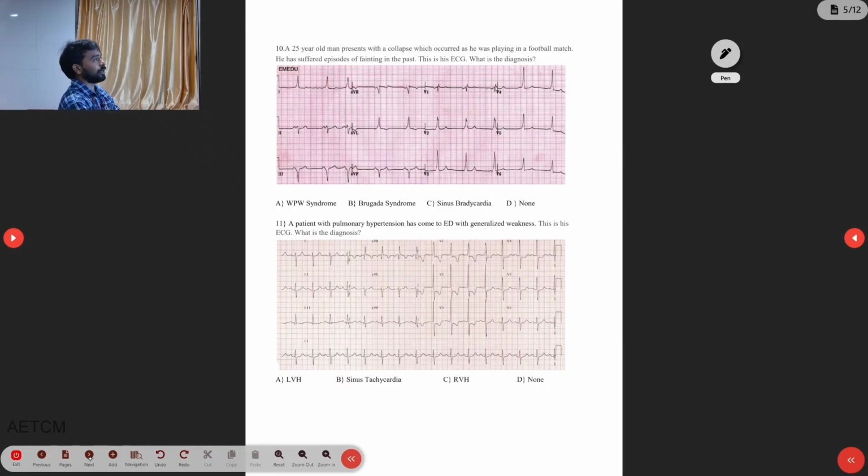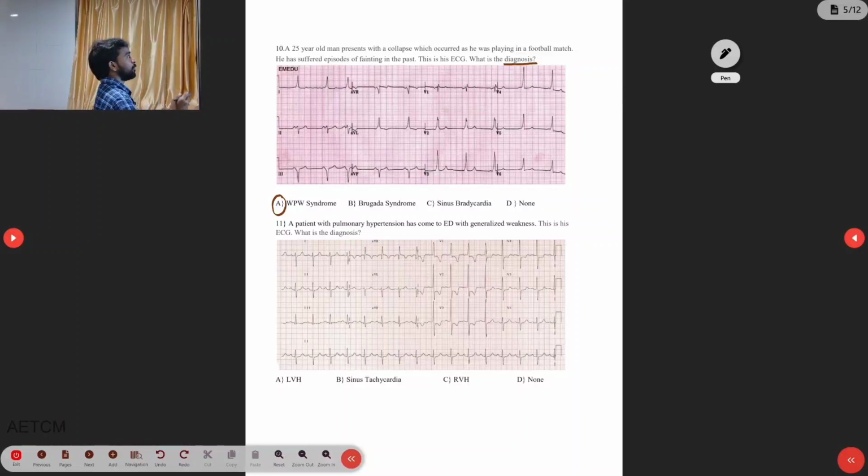So in each and every question we are asking you to tell the diagnosis, so you have to make a note of it. The answer for this 10th question is WPW syndrome, which is called Wolff-Parkinson-White syndrome. So how can we recognize Wolff-Parkinson-White syndrome? As usual, you take the rhythm strip. In that you can see